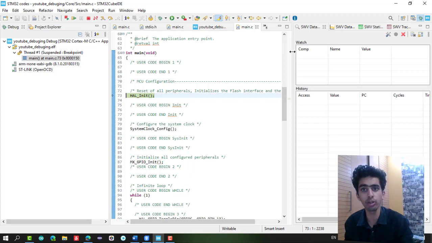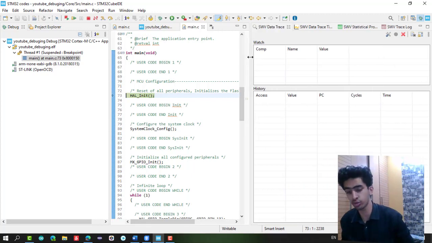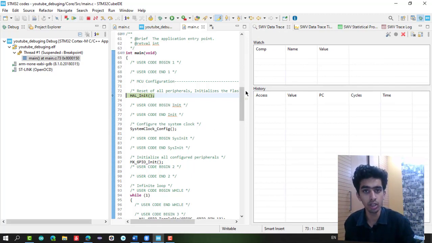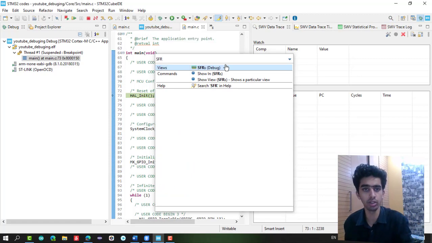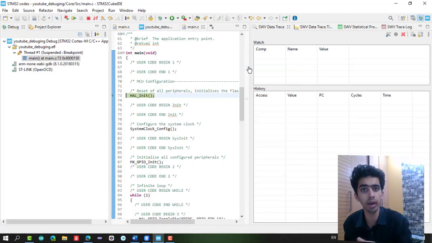Now I'm going to tell you the debug features that are very useful. For example, let's say when we run the code, our code doesn't run, or we have to check what values are being changed in our status register or my registers, how the bits and bytes are changing with the flow of my code. So what we have are the options of step into, step over and step return. First I will tell you these three features.